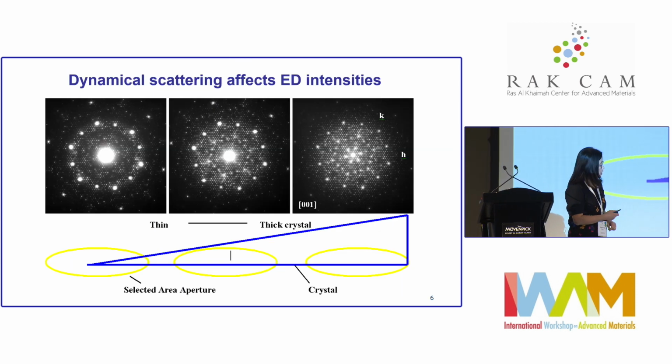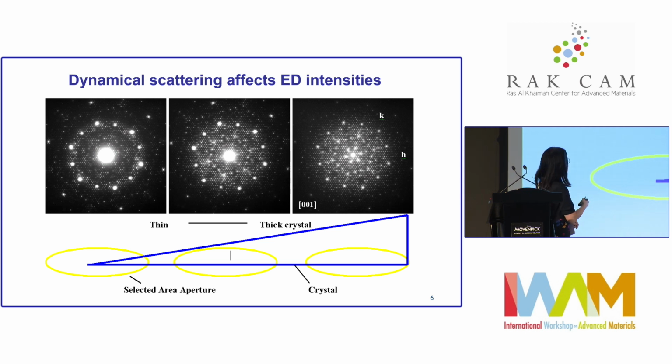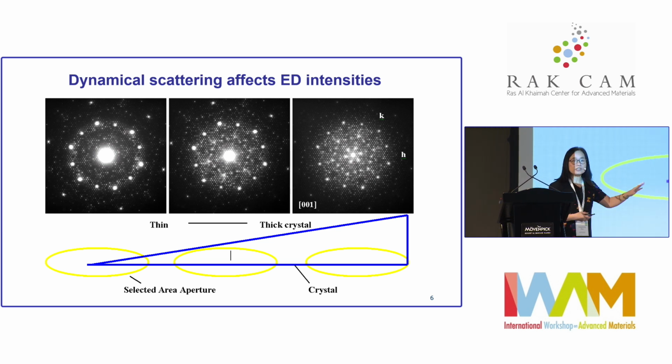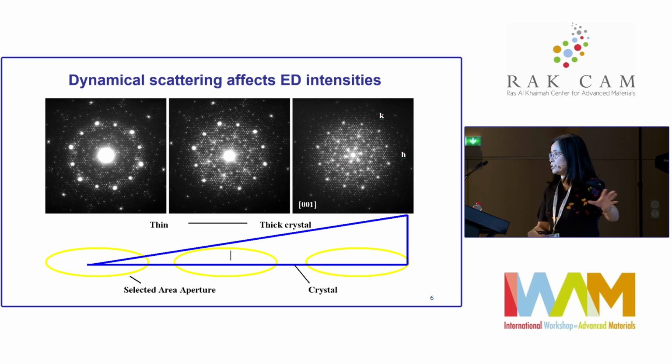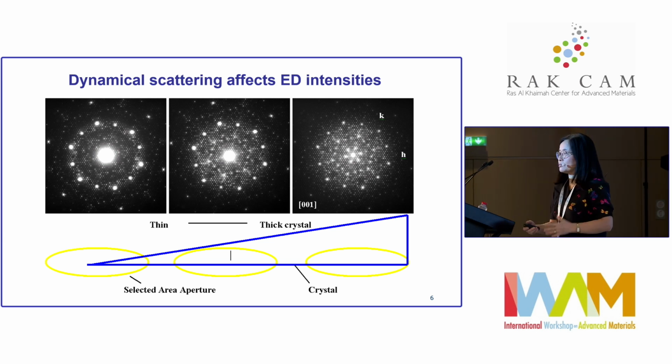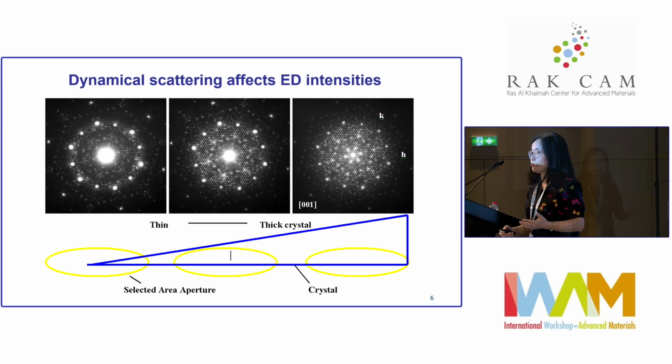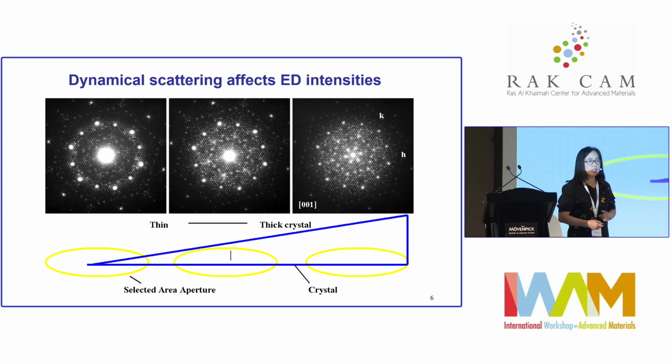And as you see here in the diffraction patterns, these are from exactly the same crystal, but from different areas of different thickness. So this is the thin area, and this is the thicker area. As it gets thicker, you see that it is true that the intensities are completely destroyed. And of course, people think that it's not very useful. Until,